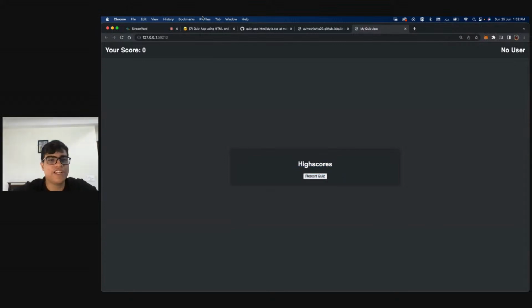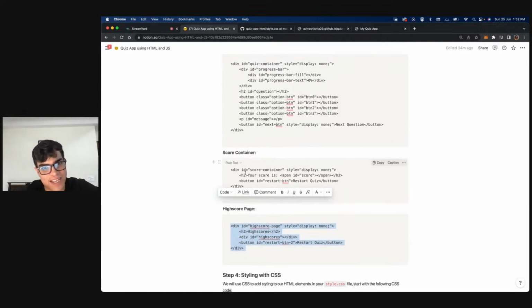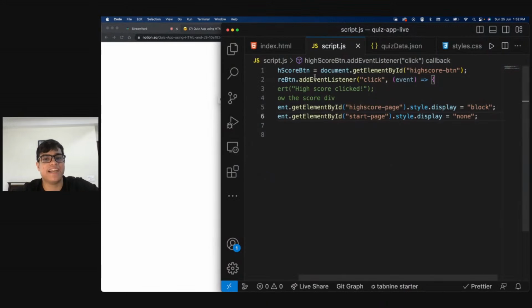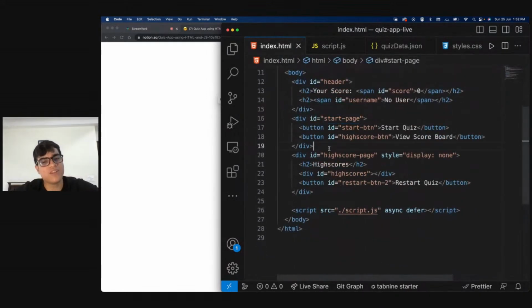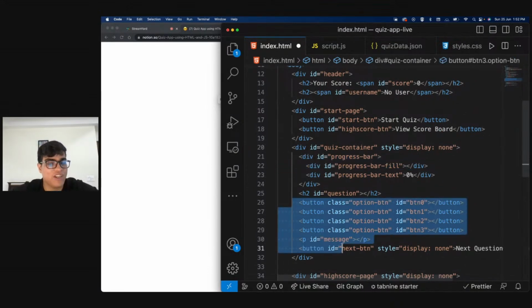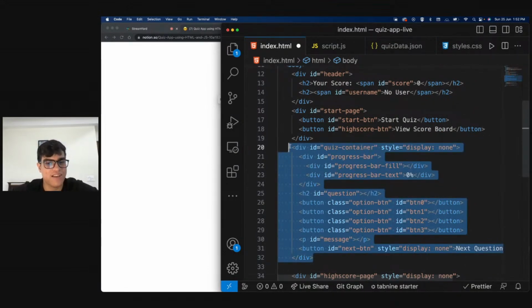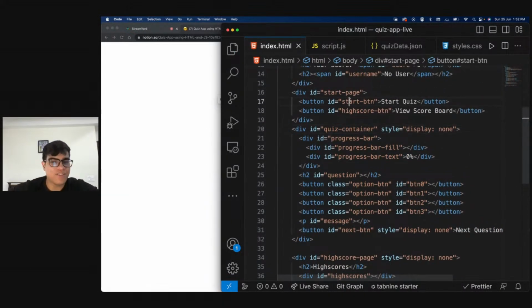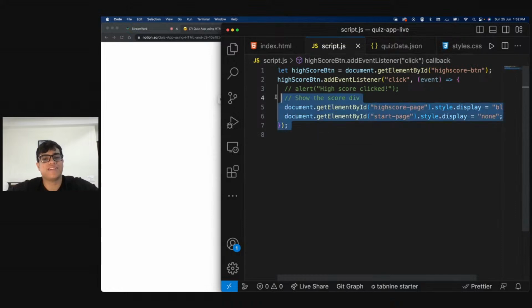Now, similarly, we do the same thing inside our quiz container. That is why we need a quiz container inside our HTML. And what is the quiz container? It's just a div which will have a progress bar, which will have the questions. I will talk about these things as well in a second. But basically, this is also display none by default. But when I click on the start button, I need to do something like this.